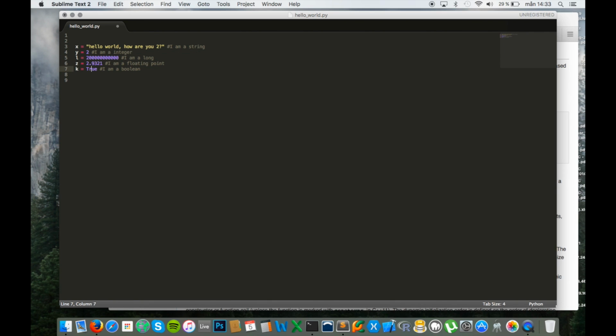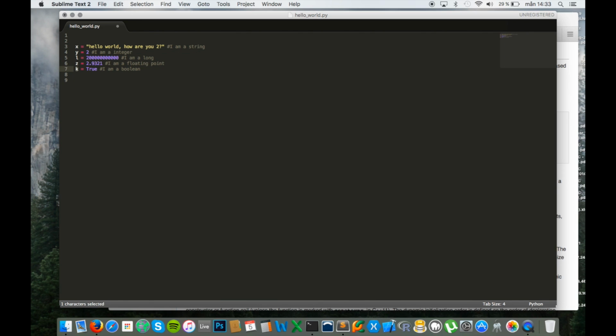And our last one, k is equal to true, is a boolean. So the k is the boolean variable, which can take the state of either being true or false. And this is useful in programming because sometimes you just need to have a switch which says now this is true, and if this happens it will not be true anymore. And that is very useful in a whole lot of senses.